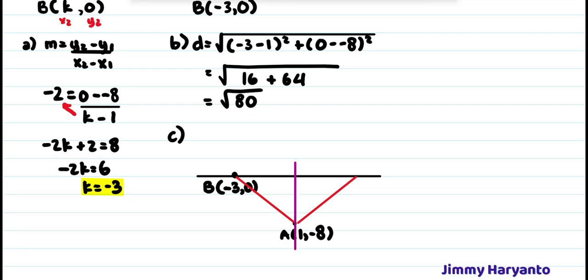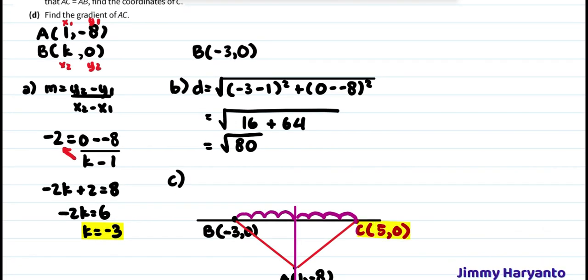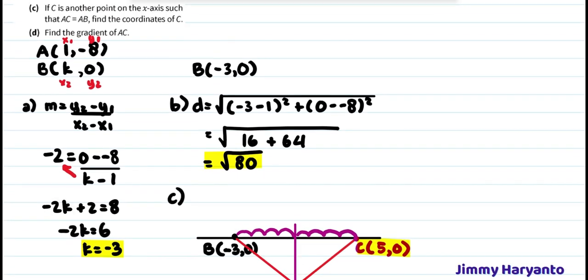approach. Like from negative 3 to 1, there are 1, 2, 3, 4 steps to the right. That means to find the coordinate of C, it will be the same 4 steps to the right. So the point C will be 1 plus 4 equals 5, 0. There you go. This is the value of C using another approach. You can also use the formula for the length between two points, or the distance between 2 points, and then you will get C.